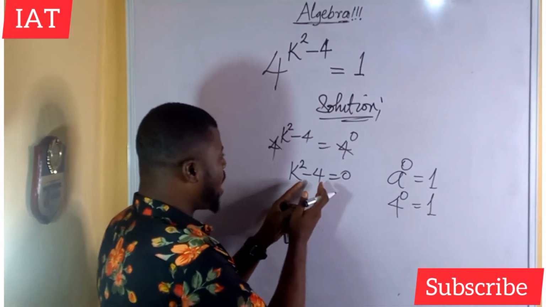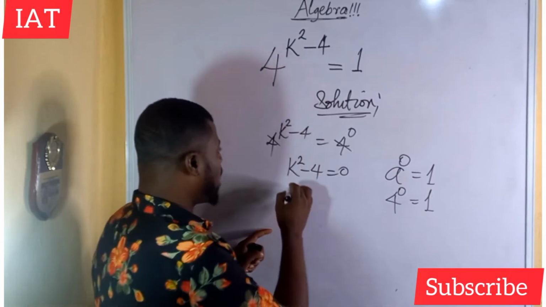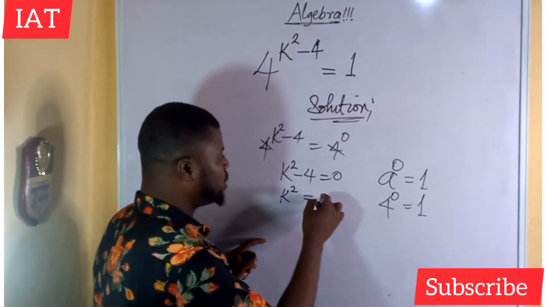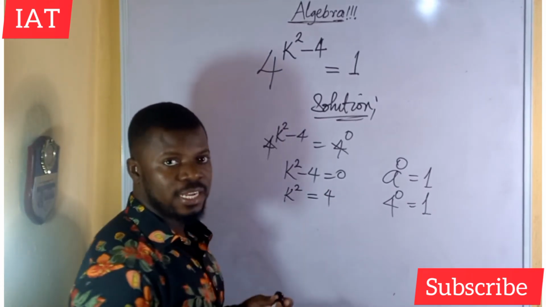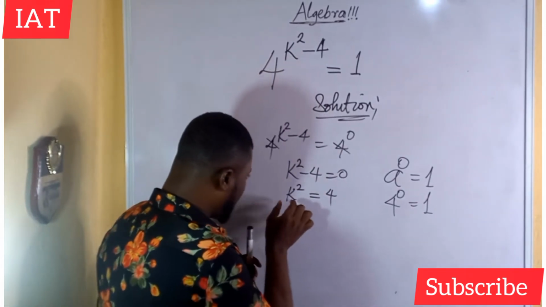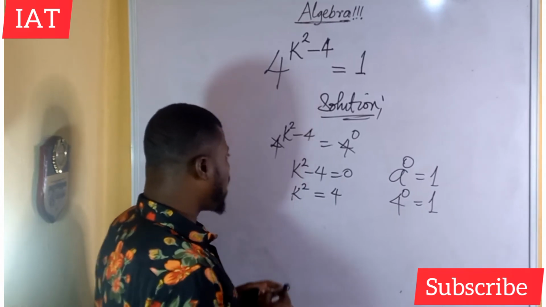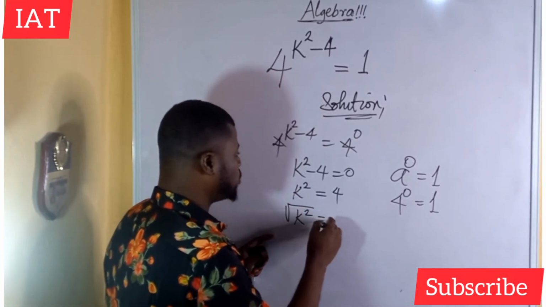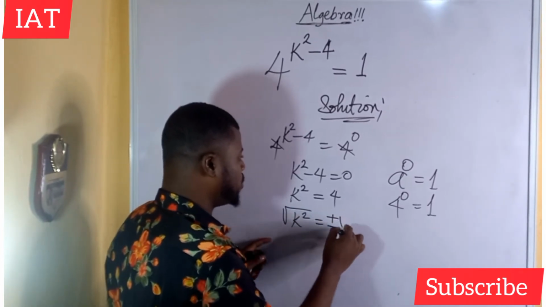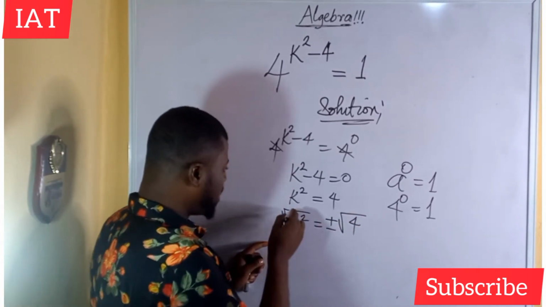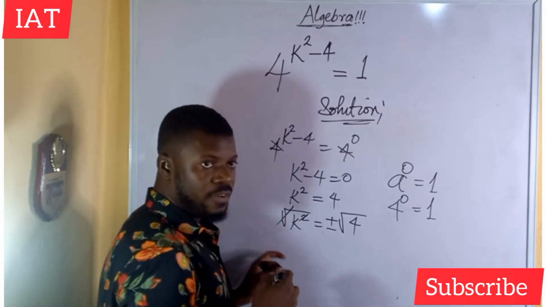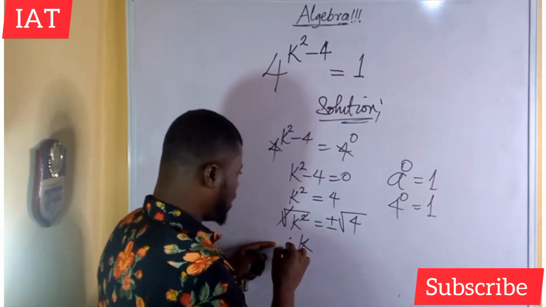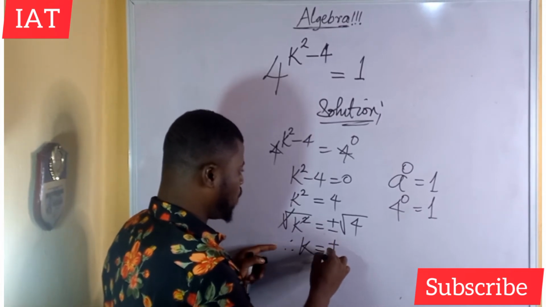Now I'm looking for the value of k. So that way I will isolate minus 4. And how do I isolate it? I will take it to the right hand side of the equation, and the negative sign changes to plus 4. Finally, for us to get the value of k, we will have to take the square root of both sides of the equation. If I take the square root, here will go along with plus or minus 4. So finally, this will cancel. Whenever square meets with square root, they cancel out. We have k, therefore, to be equal to plus or minus